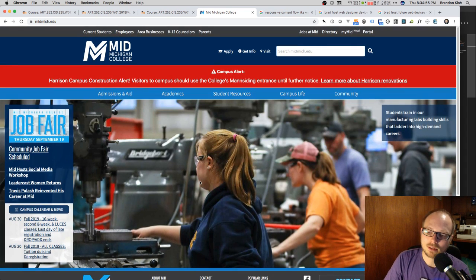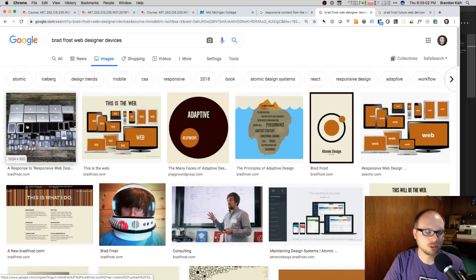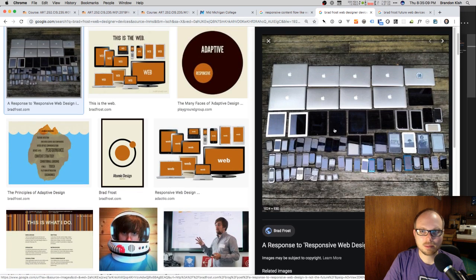And as you read the chapters this week, you're going to see an image from Brad Frost talking about what web design means today. You'll see this image of all these laptops and phones and tablets that web designers have to keep in mind. You need to test to make sure your website works on all these devices, which is really hard, if not impossible. But when the mobile web first existed, that's actually what people tried to do.